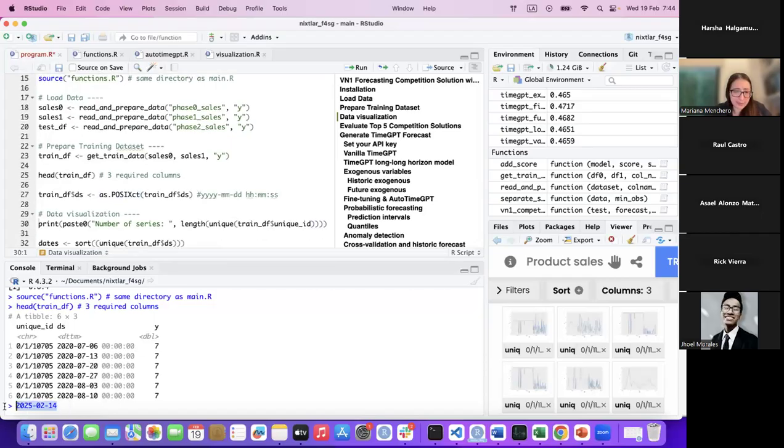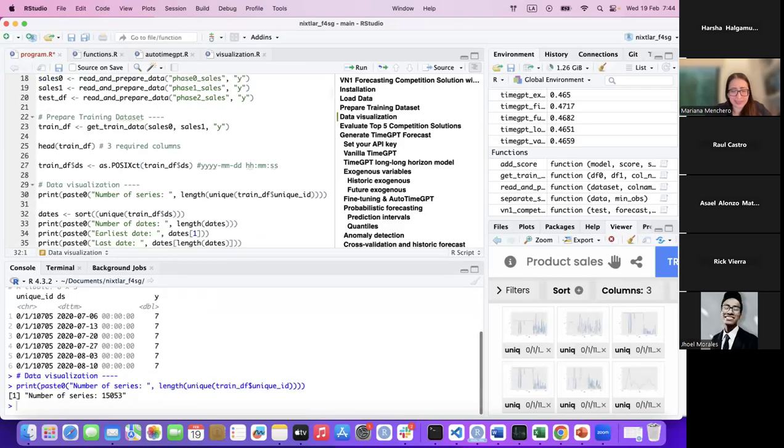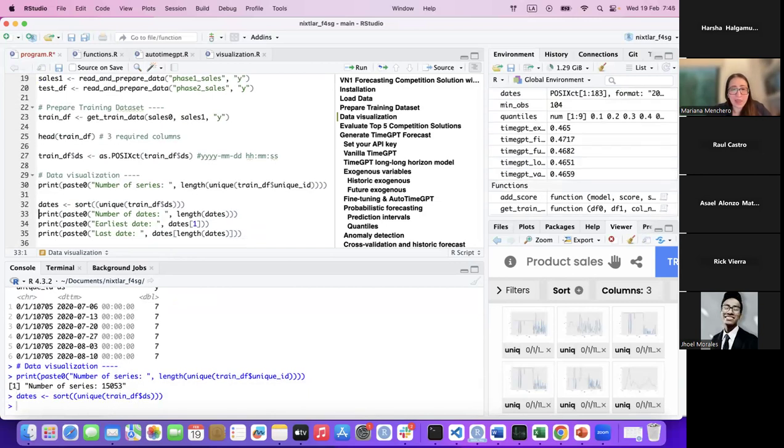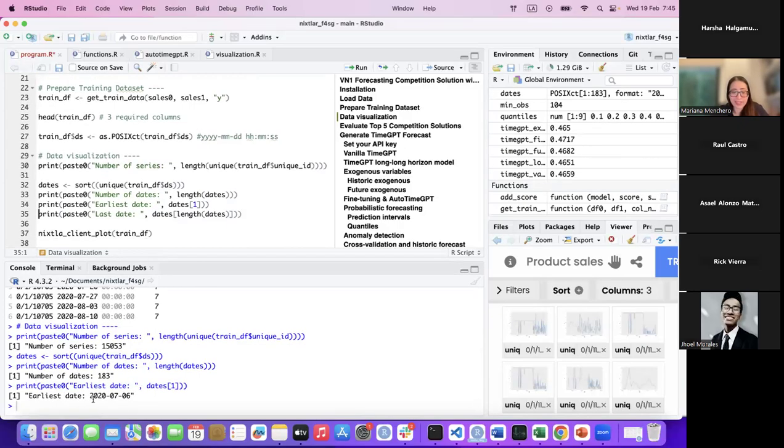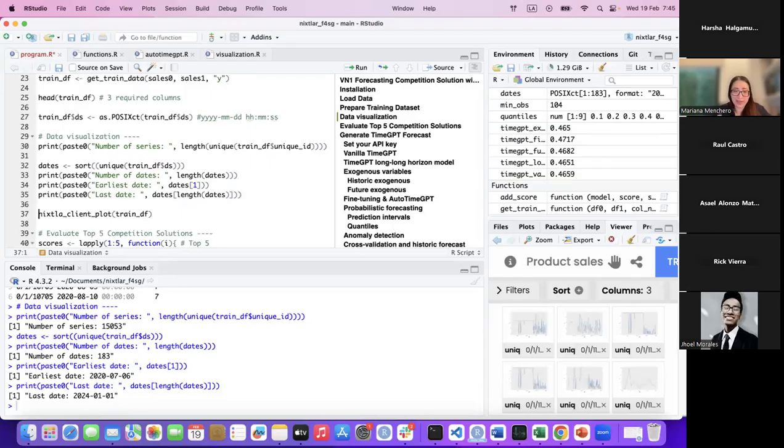So, well, this particular dataset, as we saw early on, has 15,053 series. There are 183 different weeks. The earliest date is in July 2020, and the last date in the training data is, well, the first week of 2024. So we roughly have four years of data here. And